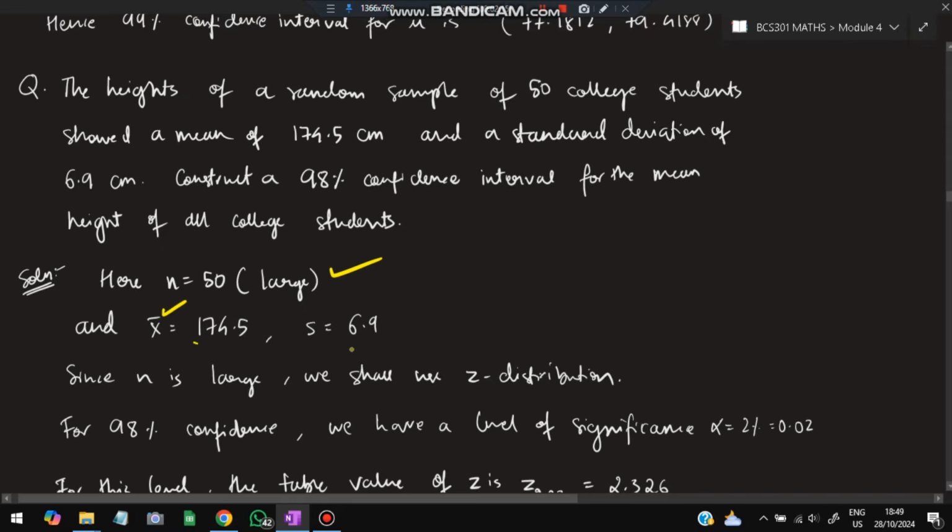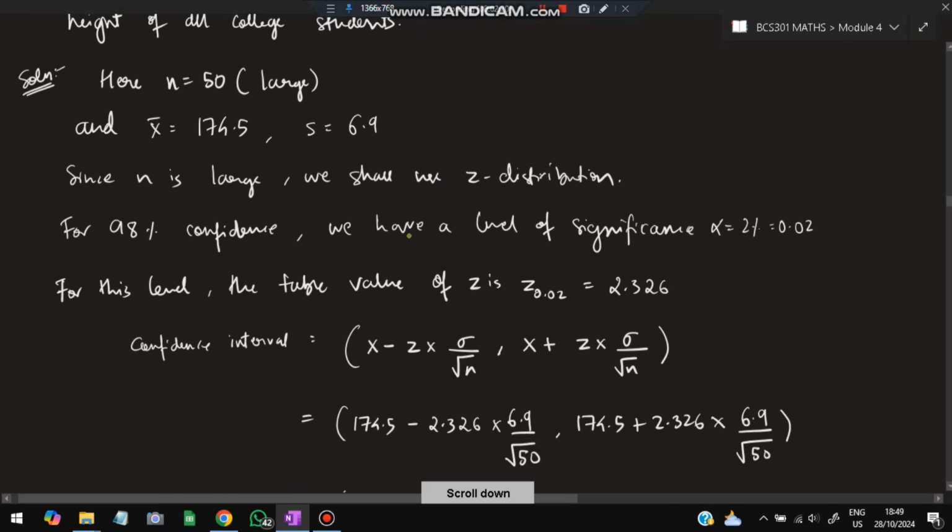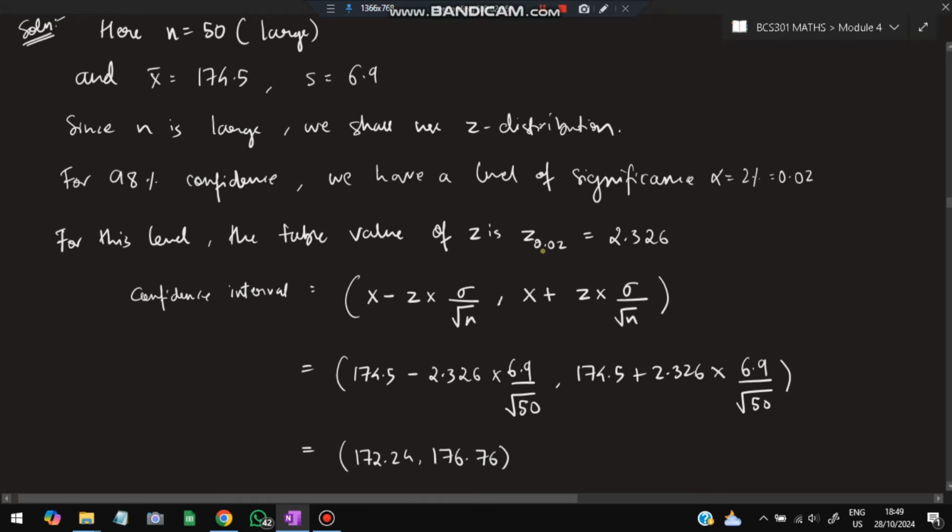X bar is given as 174.5 and the s value is 6.9. So now we have to use the z distribution. For 98%, alpha will be 0.02. At this level, referring to the z table, we will get the value as 2.326. Now, the confidence interval is similar to the previous one, wherein we will be adding